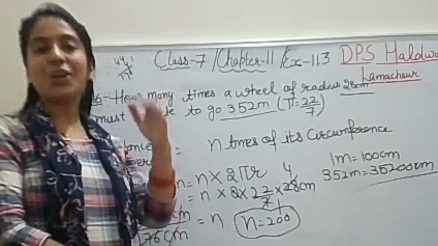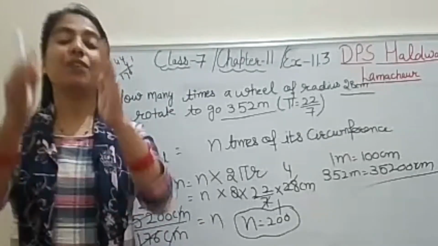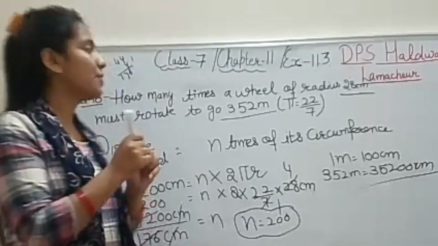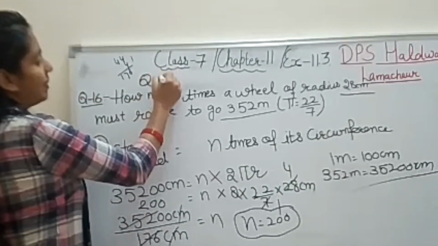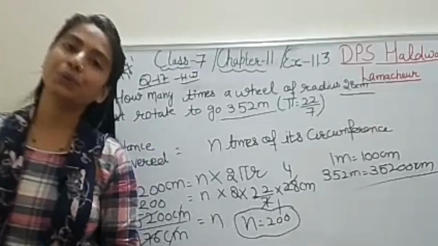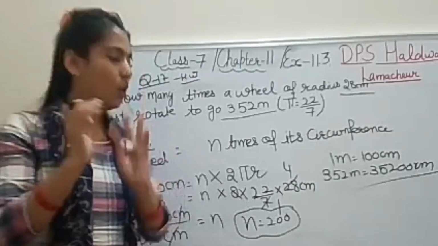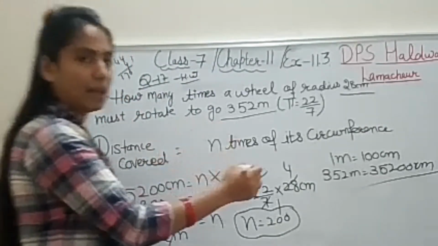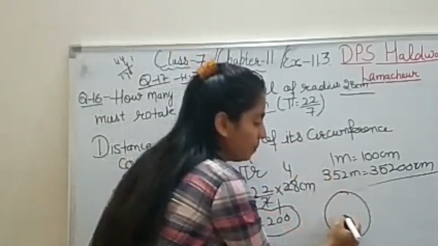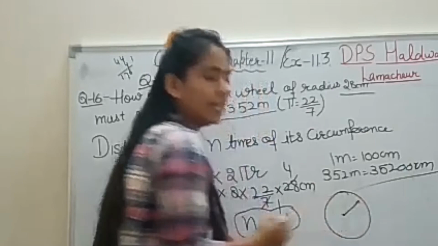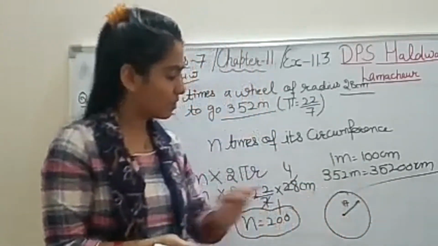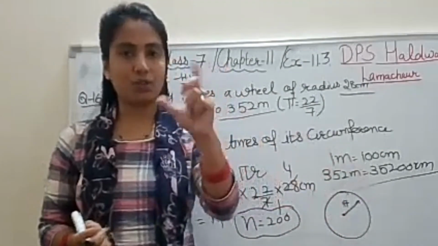Understood, student? This is all about question number 16. Now the last question, again of the same type, is homework for you. Question number 17 is the last question and this is homework for you, but I discussed with you how to do it. In that question, one clock is there, and the minute hand's distance from the center is given to you as 17 meters. That is called the radius, because from the center till here is the radius.